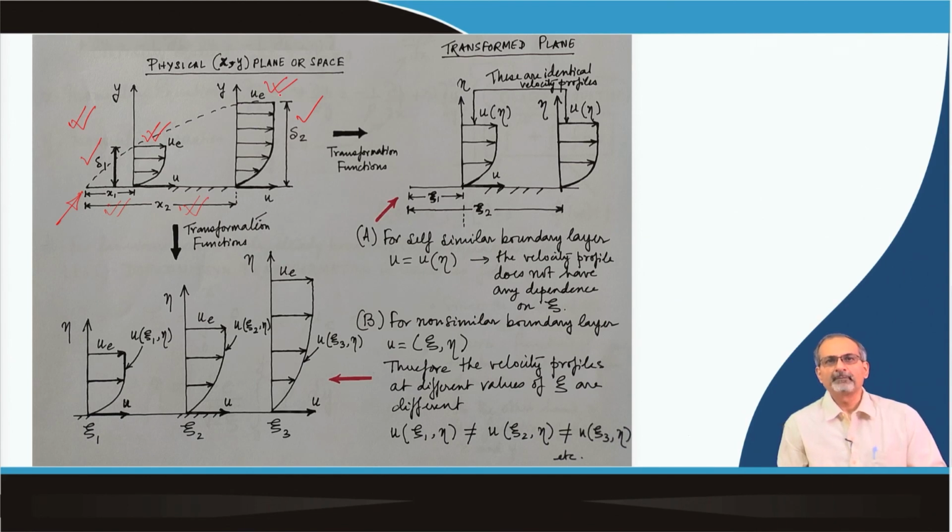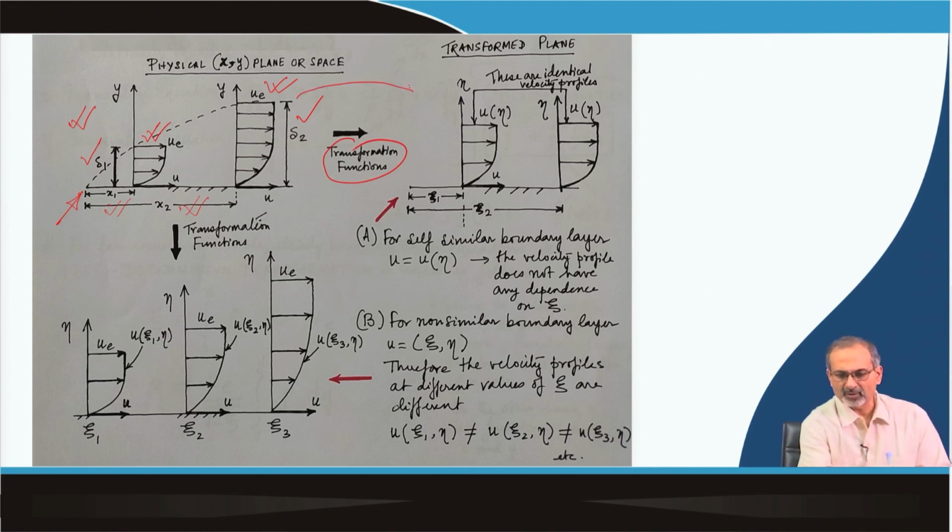So, when we look for self similar solutions, we try out transformation functions which can translate this flow problem to a transformed plane where the velocity profiles collapse to a single one. That means, as I move from one station to the other, though in the physical plane the velocity profiles look distinctly different, in the transformed space they look identical. So, if x1 maps with xi1, x2 with xi2, these are the two locations from the leading edge that we are looking at the velocity profiles,